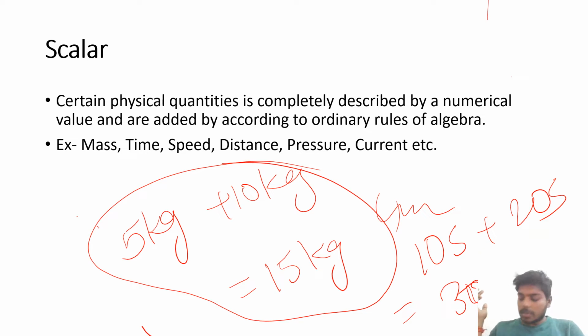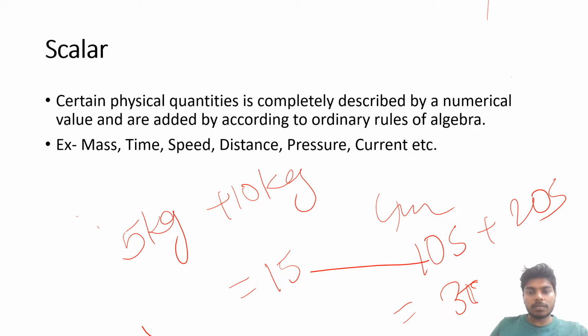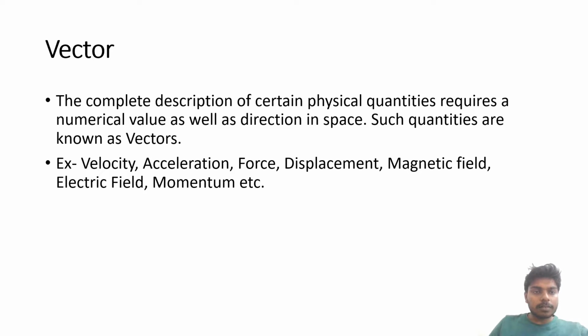Okay, let's now go to the vector. Vector is much more important. Scalar is simple and not that hard. So let's go to the next slide. Vectors are those physical quantities which require a numerical value as well as direction,